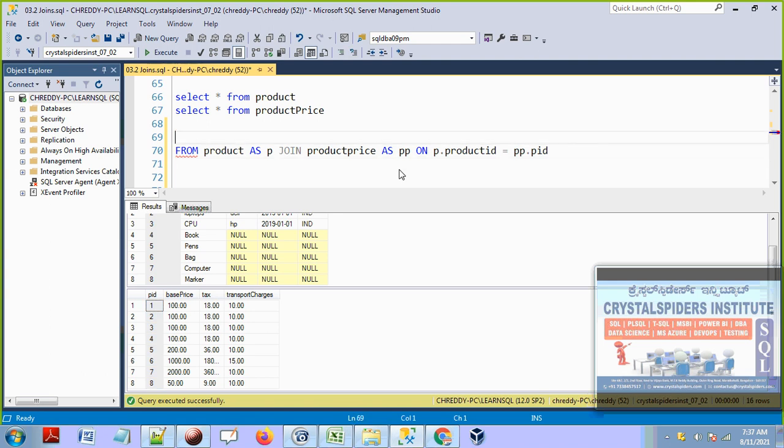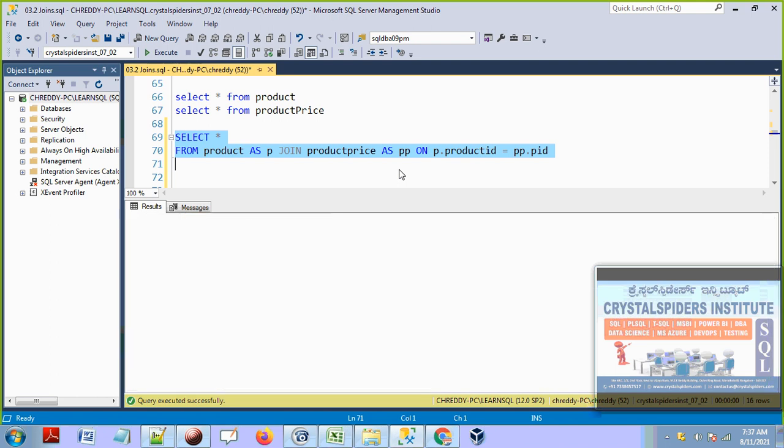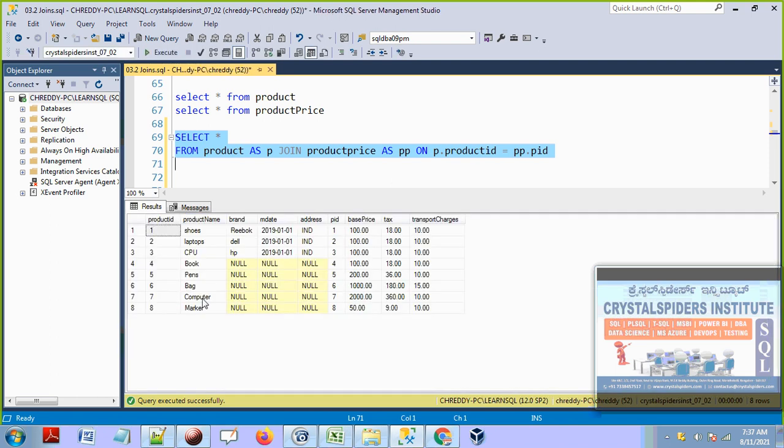So now that is fine. Let's display all the data and then we can see. So let's execute. Now this is what it is matched guys.